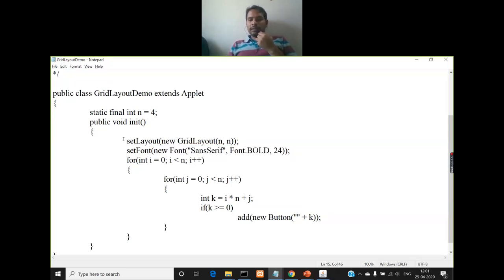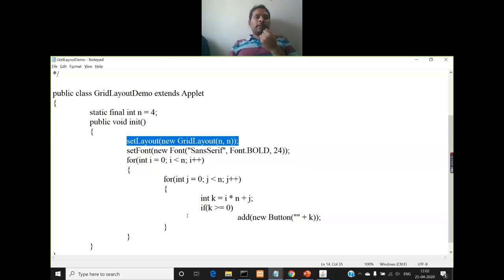So first we will set the layout to GridLayout containing a grid of 4 by 4 cells. That means 4 by 4 is nothing but 16. 4 into 4 is 16 cells will be created. Each row containing 4 cells, and similarly each column containing 4 cells. So how am I laying the components here, AWT components? I'm laying only one type of component, that is a button component.